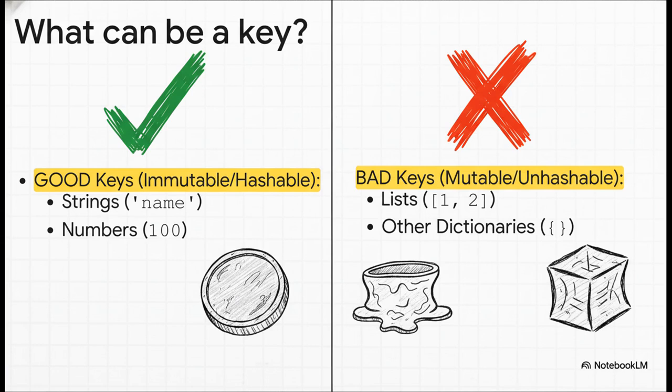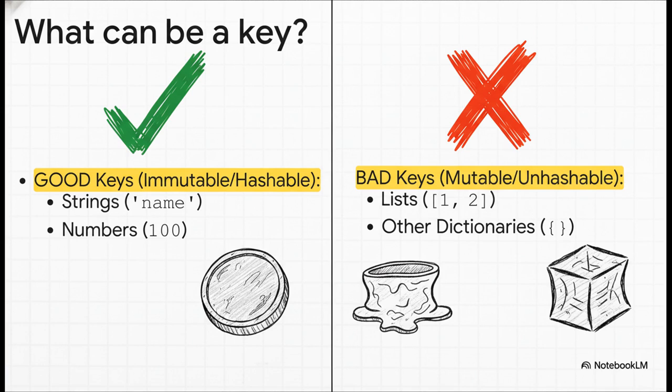So, what does that mean in practice? It means things that don't change, the technical term is immutable, make perfect keys. You know, stuff like strings and numbers. But things that can change, or are mutable, are a big no-no. You absolutely cannot use a list or another dictionary as a key. Why? Because if the stuff inside that list changed, Python would have no idea what it was supposed to be